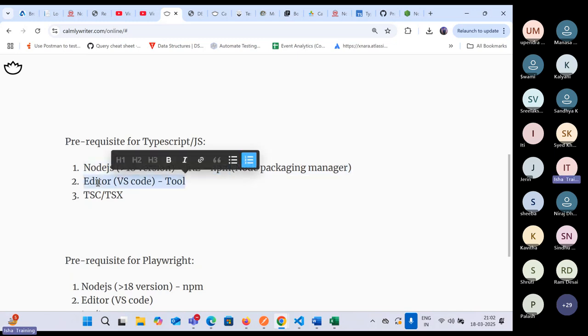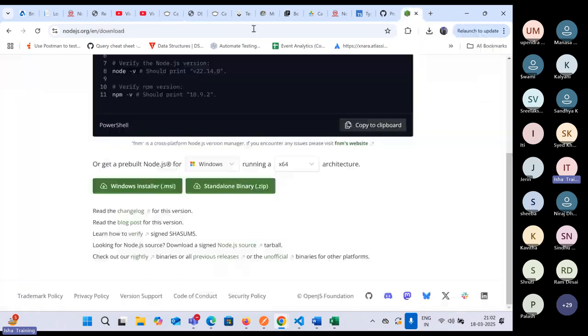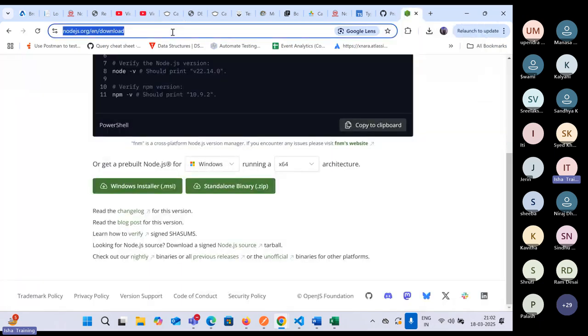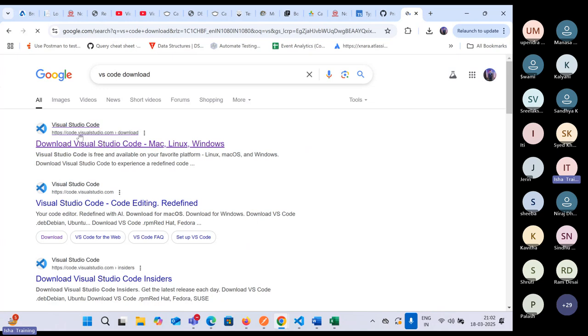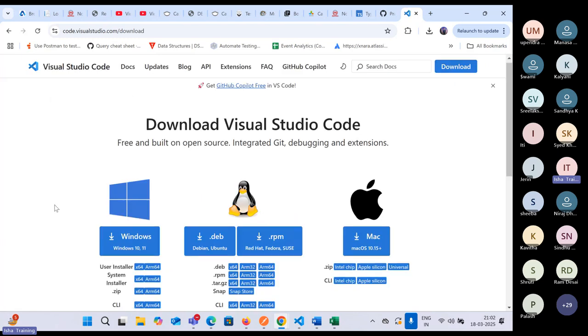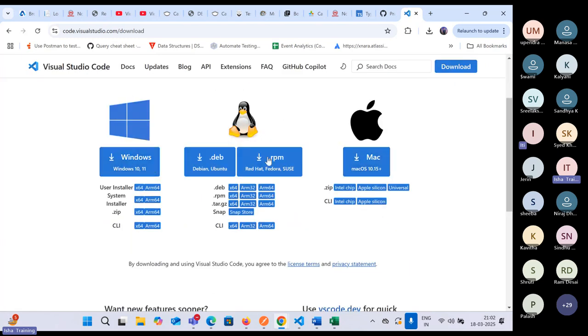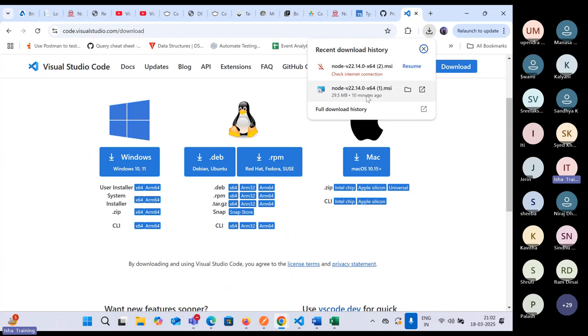Similarly, we also have to install an editor as well, right? For that, again, the similar process is there. You can browse through any browser and just search for Visual Studio Code or VS Code download. This will open the code.visualstudio.com website. Click on that, and then depending on the operating system that you are using, you can simply select it. Click on this particular option. It will start installing, and it will install in a similar way